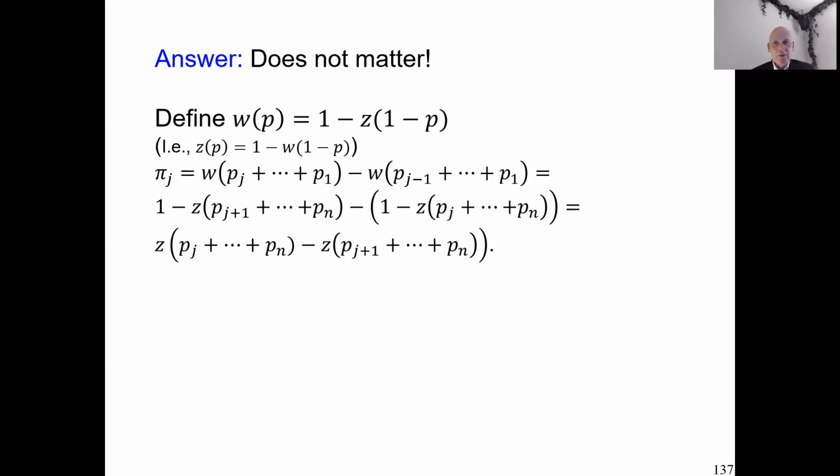Now, the confusion that has arisen so much is partly due to a bad terminology that we have. We call W the probability weighting function, but that's an unfortunate term because probability, which probability? It doesn't say which. And in fact, W is always transforming ranks. We should have called it a rank weighting function. Then there wouldn't have been any confusion at all. Then you say, of course, the rank weighting function should be applied to ranks. That's how it's defined. You can also look at loss ranks if you want.